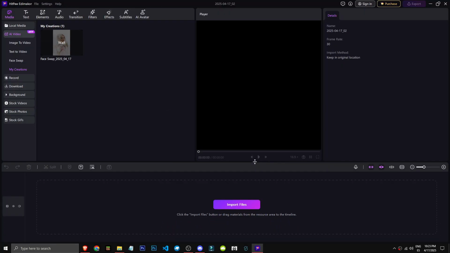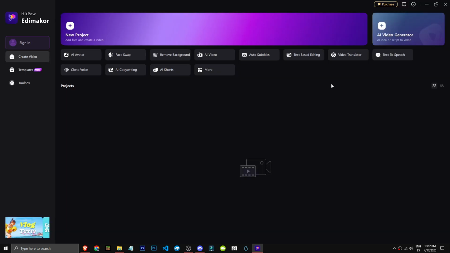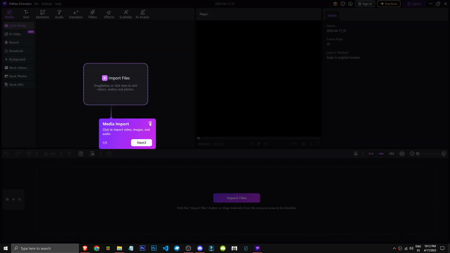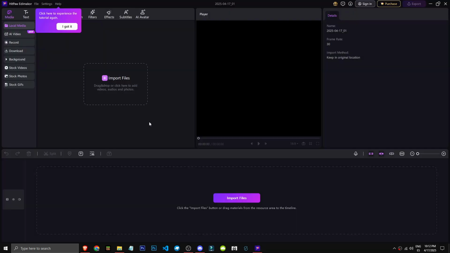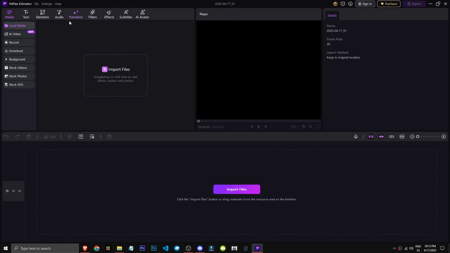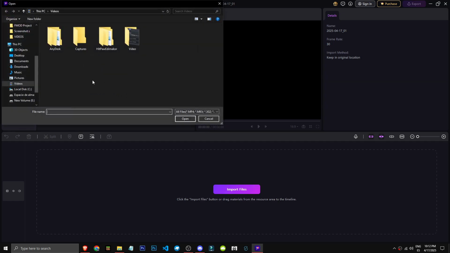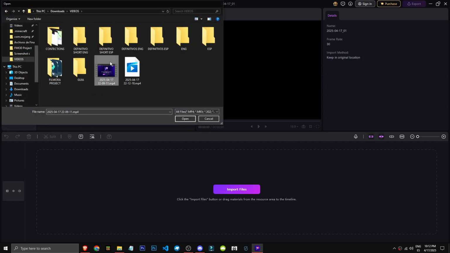So how can we use Eddie McCaw? We can create a video from an idea or script, but let's look at the editor's interface. This editor actually uses the same interface you'd find in Filmora. There's an area to import files on videos, images and other content, which we can drag to the timeline. Obviously there are many features available, including separate tracks for audio and video, and when we select a video we